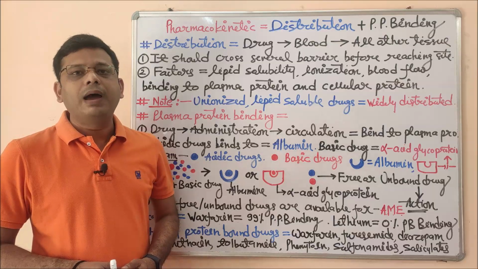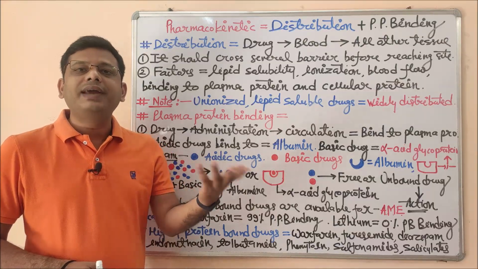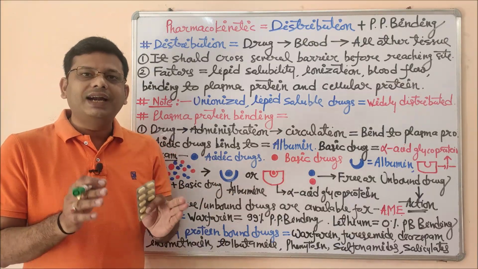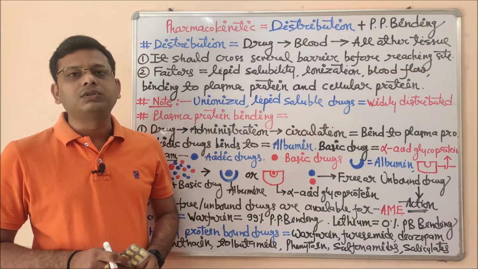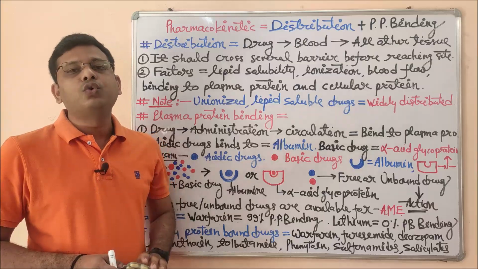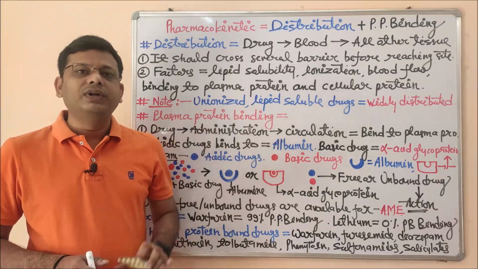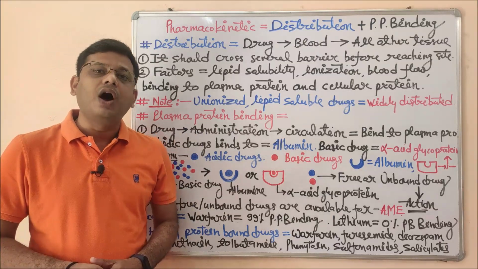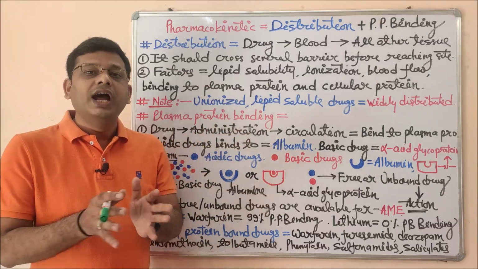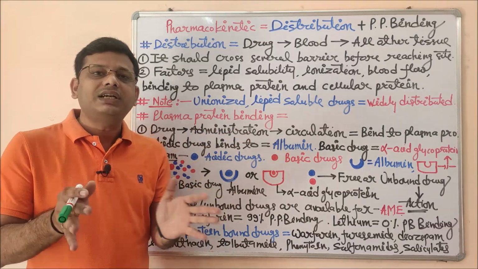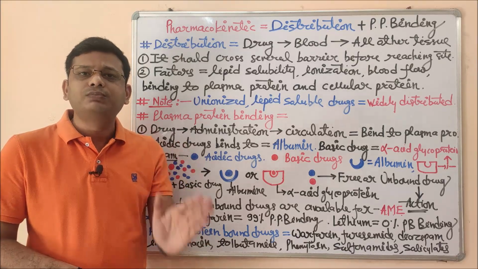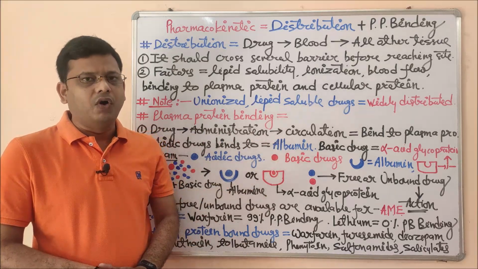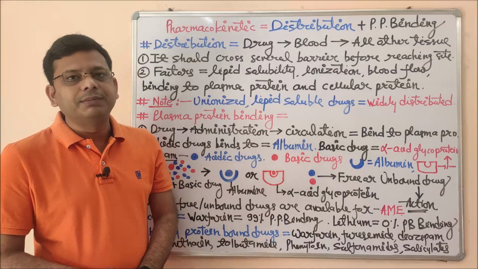So what is going to happen in the next sequence? What will happen after absorption? Should that drug remain in the blood in the same portion all the time? No, that is not possible, and that should not happen either. So what is going to happen? This drug which has been absorbed into the blood vessel will now start moving throughout the body, throughout the cells present in the body. That movement of drug from the absorption site, that means blood, throughout all the cells inside the body is called distribution.